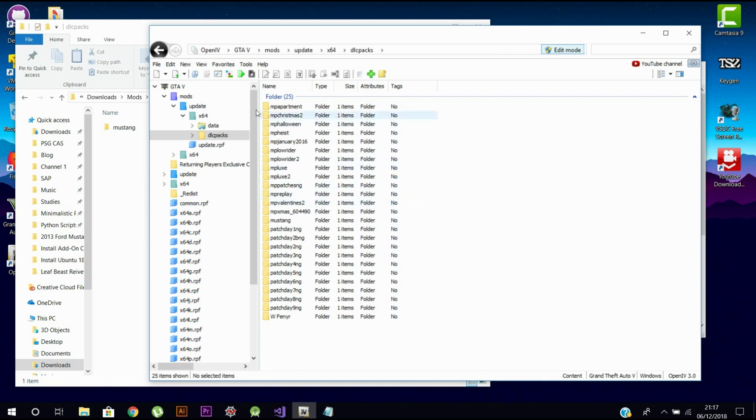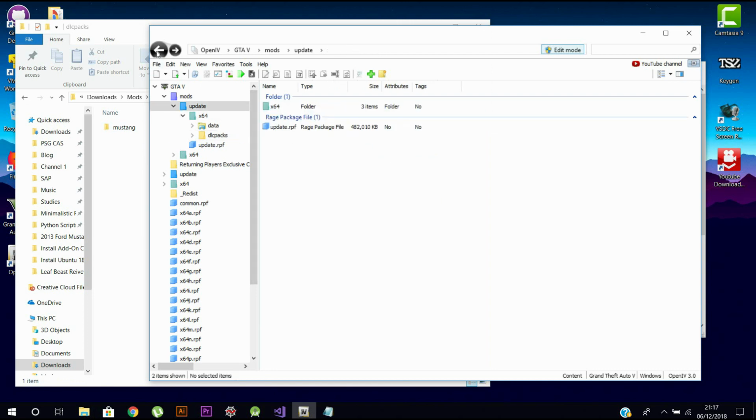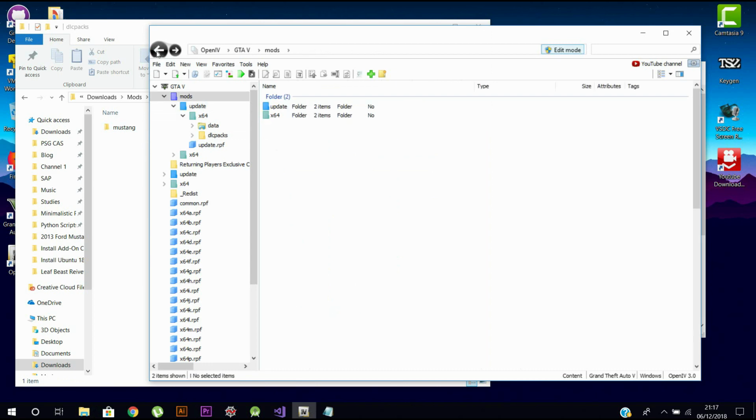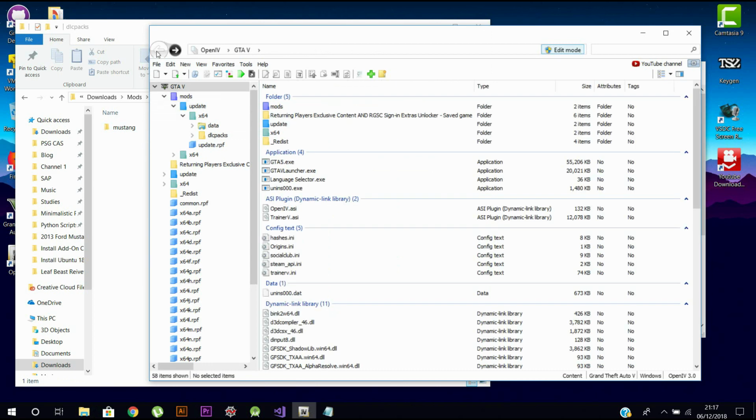So remember this: go to GTA 5 mods, update, x64 and DLC packs, and copy the main folder of whatever car you want in the game and just add it here. So that is the add-on, as the name suggests. This is the main process, and you have another step, that is step 2, which is very important,